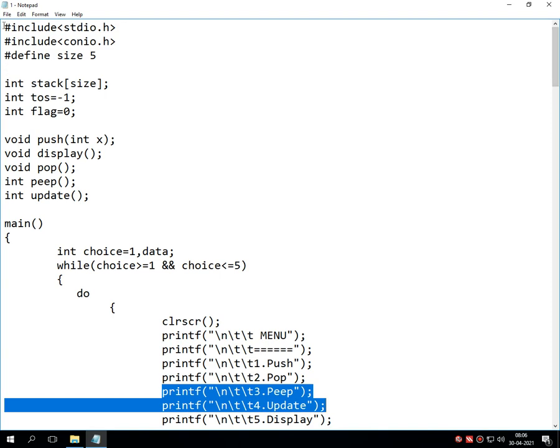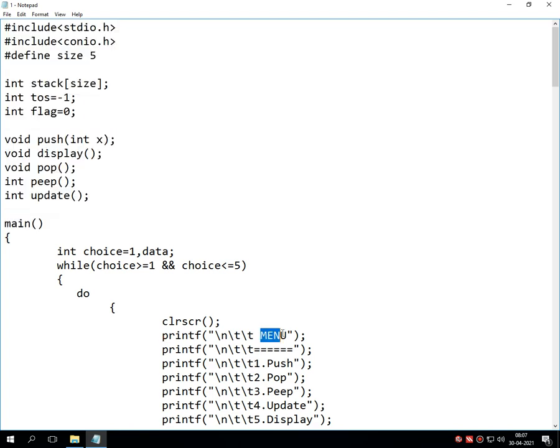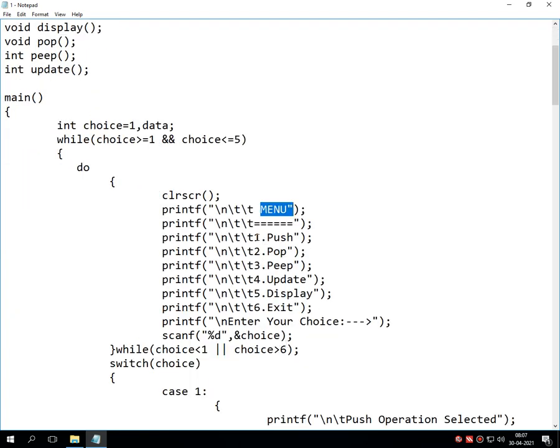Before going ahead, by taking the reference of my previous lecture, this entire program is based on multi-choice selection. So in this program I have used switch case, which is a concept of programming in C, where I have designed one menu which contains a total of 6 options.